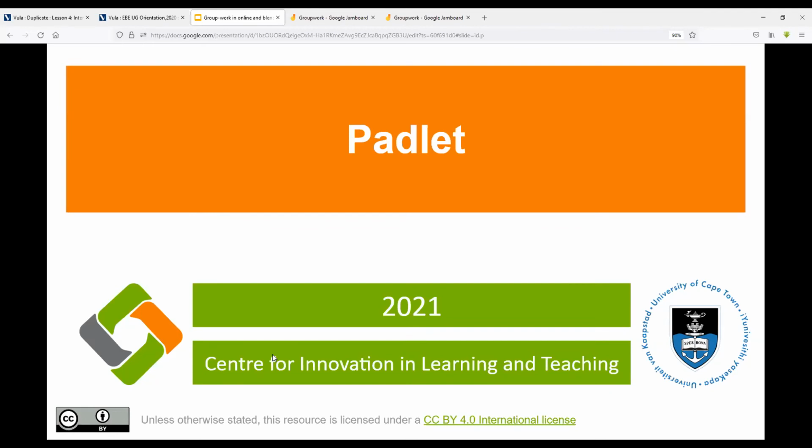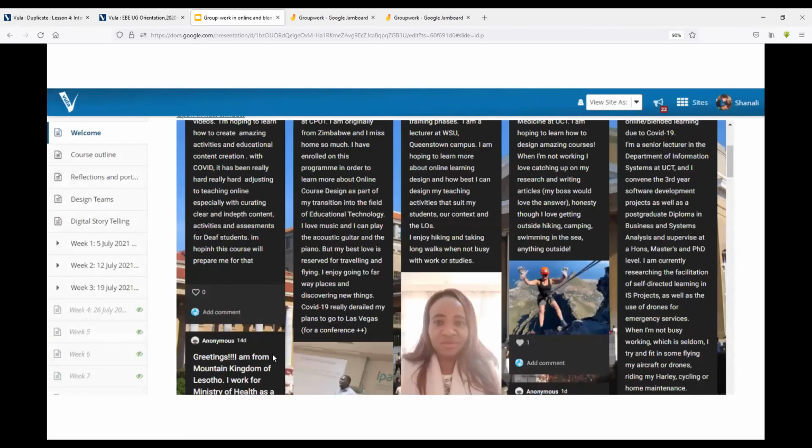And so particularly if you have multiple groups doing things, having a Padlet per group where you can go, these are the people in the group, and they can see each other, is incredibly useful. And you can use it as a kind of little group gallery almost. So a picture of the person and some idea of who they are and so on. That can be really helpful, particularly if you are struggling to keep in your head who's in this group. So yeah, that's what I'd wanted to suggest around Padlet.